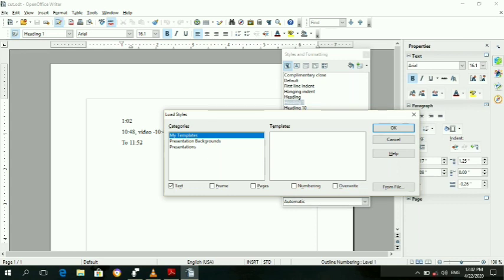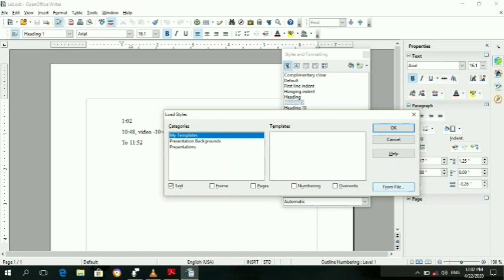Select the categories of style by checking the checkboxes. Here I want to take characters because only characters are present. If frame is there, check that box. Then page, numbering, overwrite, whatever option you require, you have to check it. In this I require only text. Then next, click on From File.